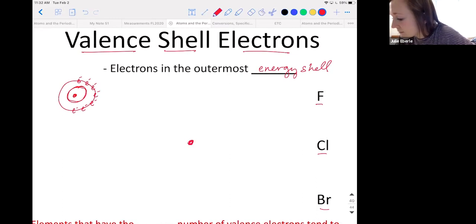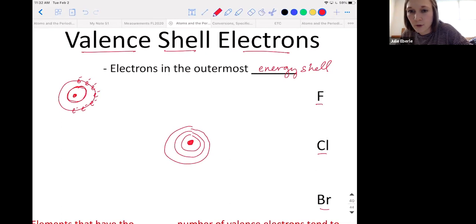Okay, let's draw chlorine. How many layers to my chlorine atom should I draw? How many energy shells? It's on row 3, right below fluorine. So I'm just going to draw an extra row there, or an extra circle. And how many valence electrons does it have? Guess what? It's in the same main group. So yeah, 7 again. So draw those on there.